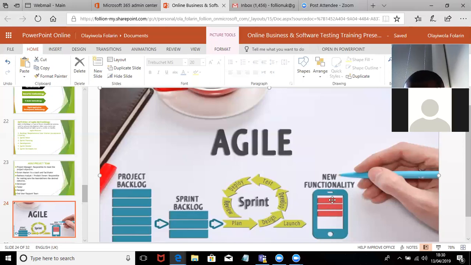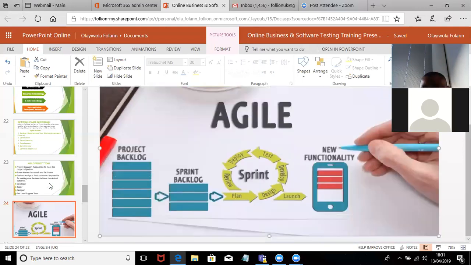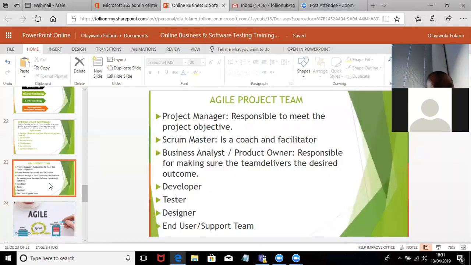That is what they call regression. When you check this one alone, that is unit or component testing. When you check this one and this one together, that is integration testing. When you check the whole thing, you are now doing what we call system testing, end-to-end testing. Is that clear? Yes. So now we come back to this, which is we are going to discuss